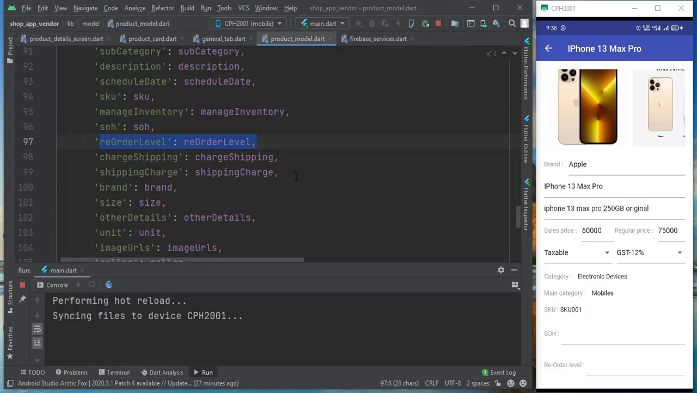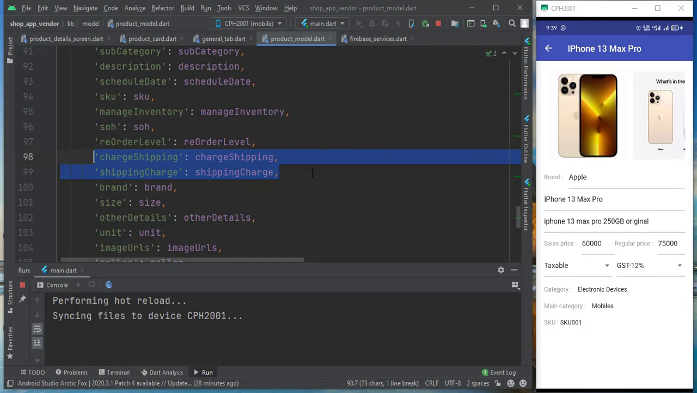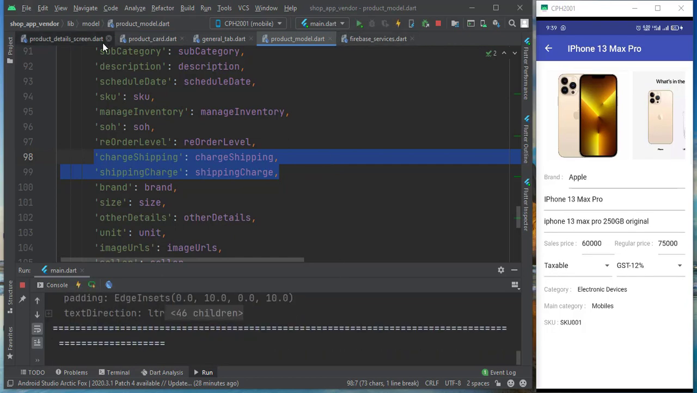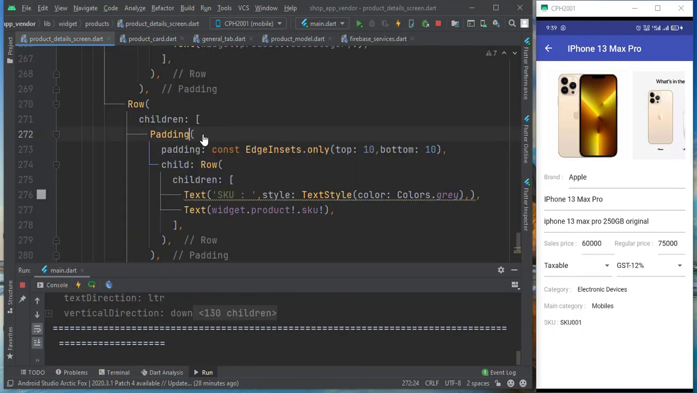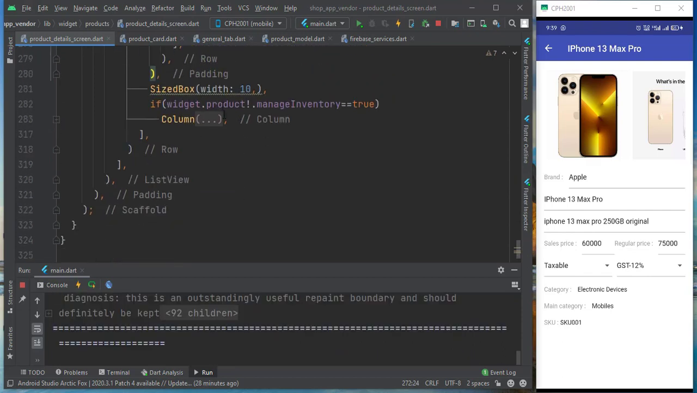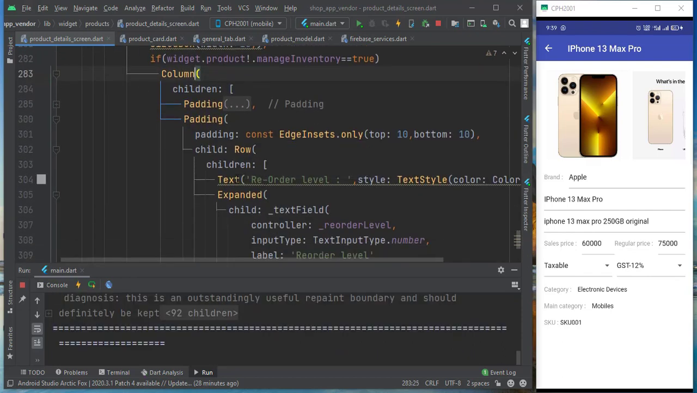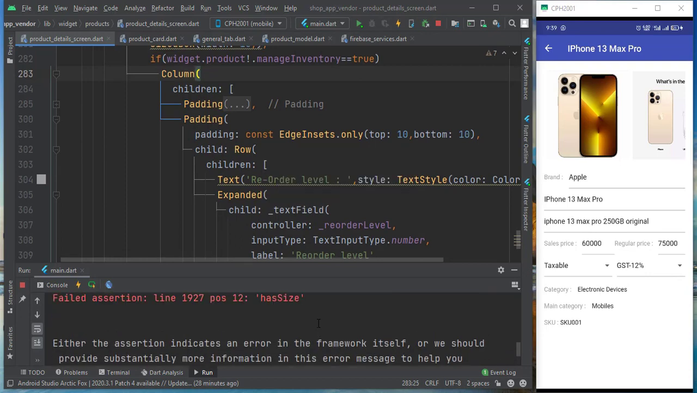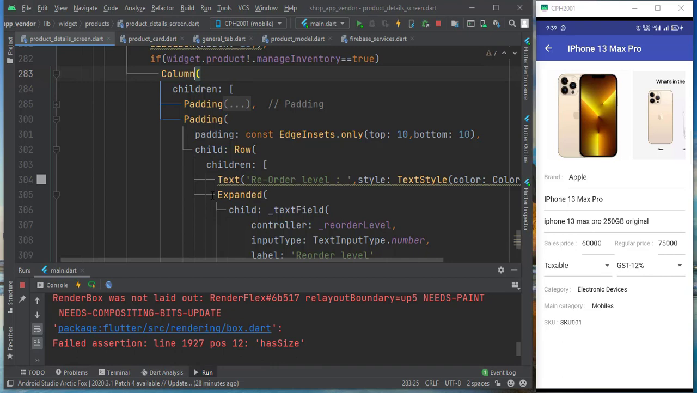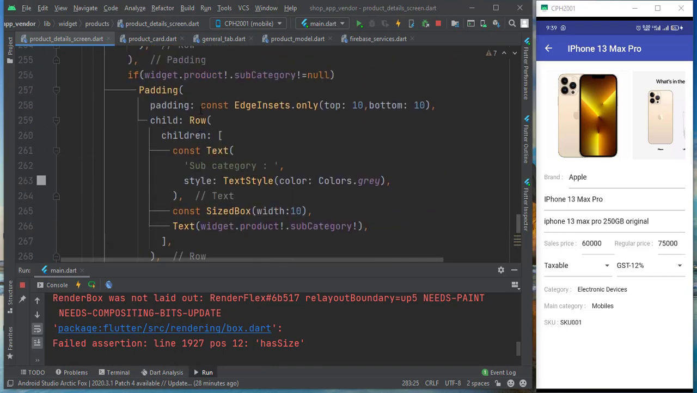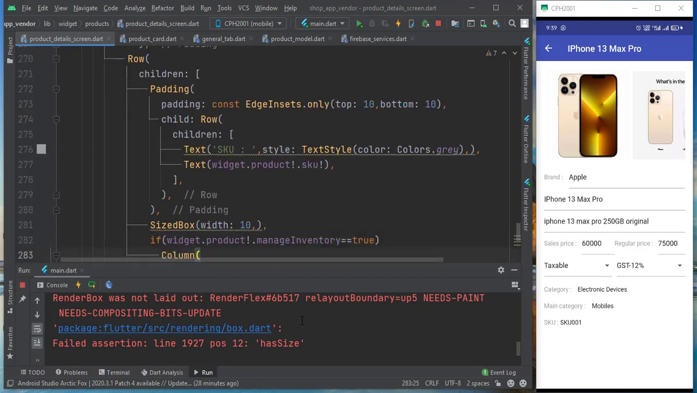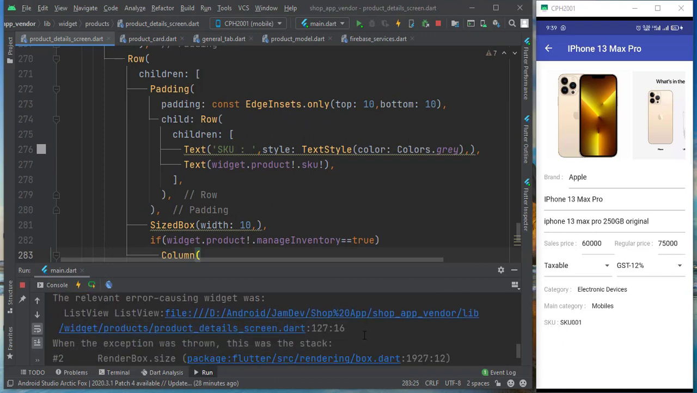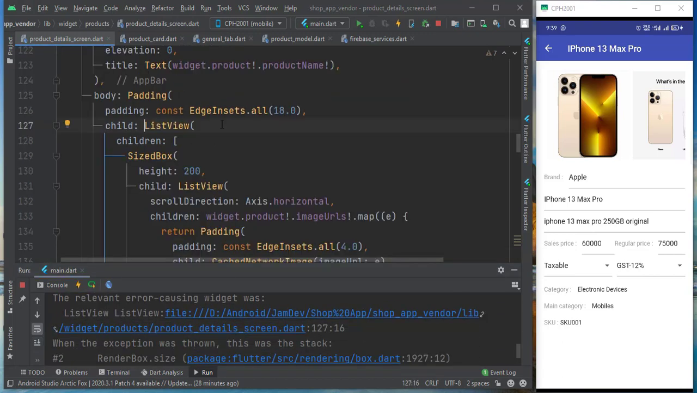Okay, now the shipping charge one. Shipping charge. Okay, there is an error because it is inside the draw. Okay, this also inside the row, and this one is expanded. But it says it's in list view. Product creators, it's in a list view, and